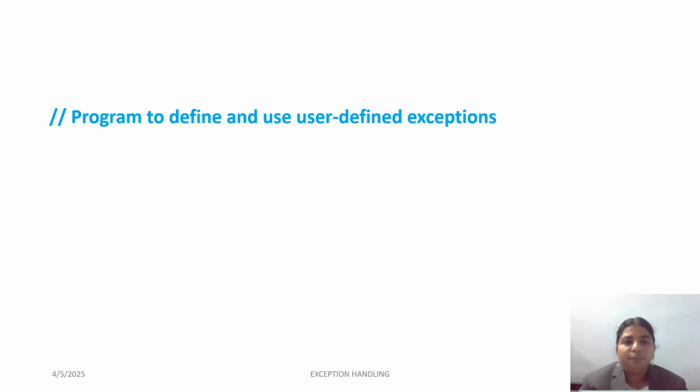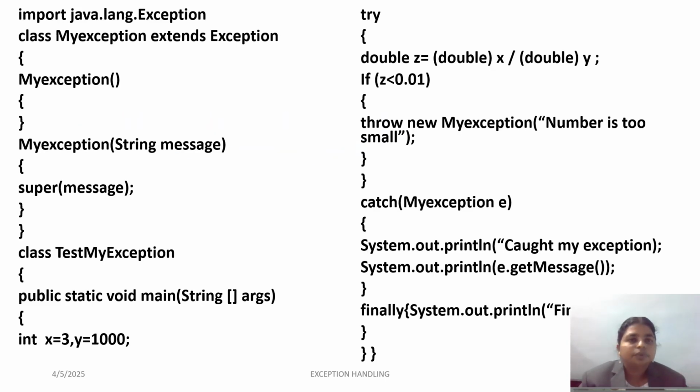Here is a program to illustrate user-defined exceptions. The exception that is defined here is MyException, which extends the Exception class. I have a constructor here called MyException, and a constructor with a message. And here is another class called TestMyException,